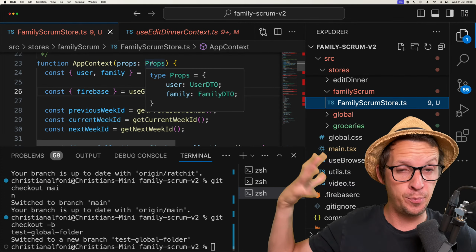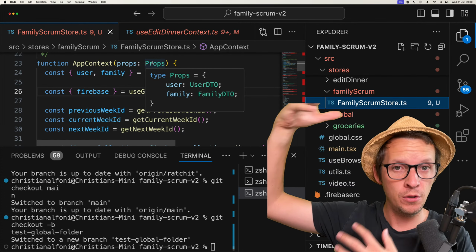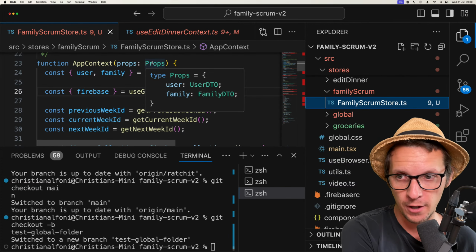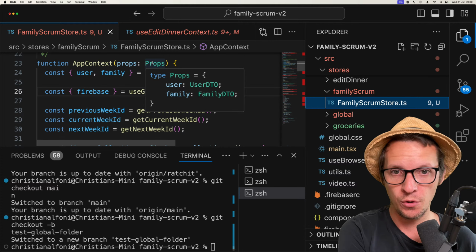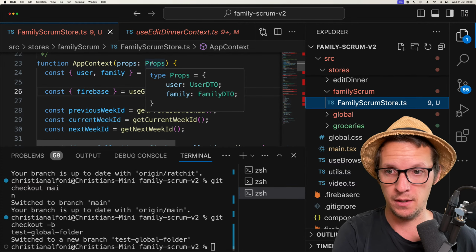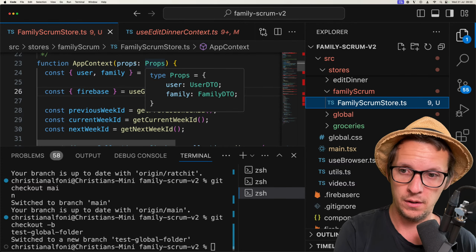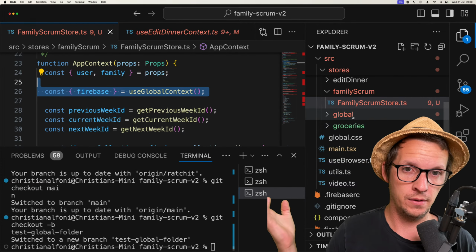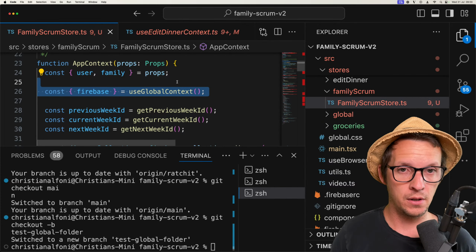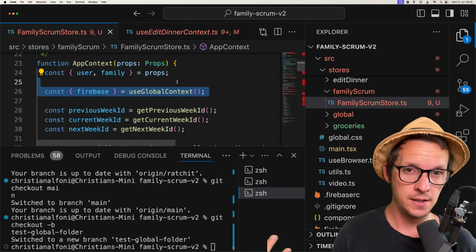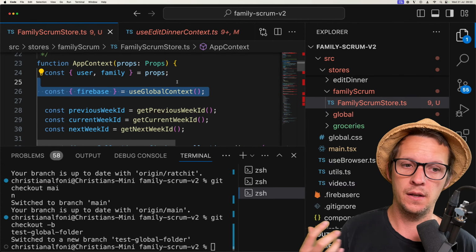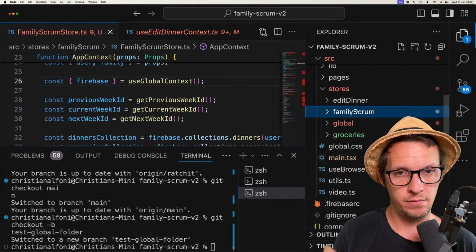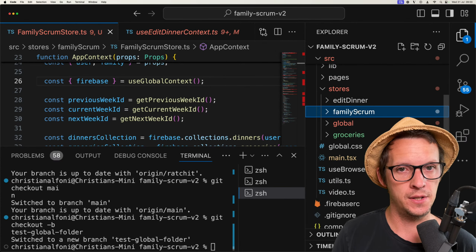So from the perspective of your components, you would do your authentication, you would get the user and the family, and then you provide the actual Family Scrum store by providing the user and the family to this store. And then this can use the global store. So it's decoupled, kind of like how context is decoupled in React. But you still have co-located all your state management.